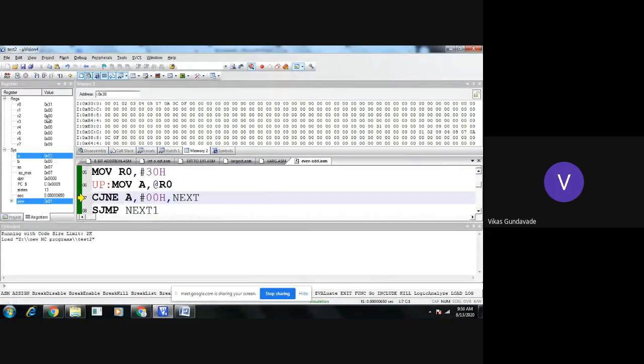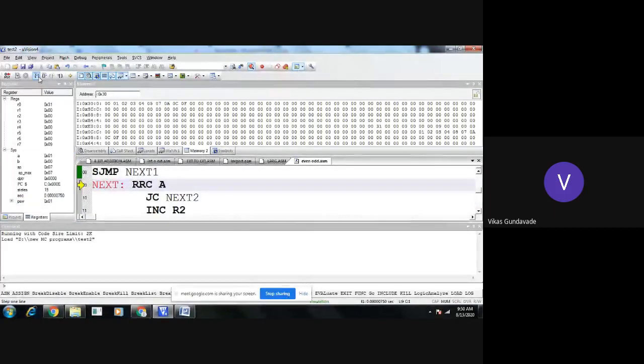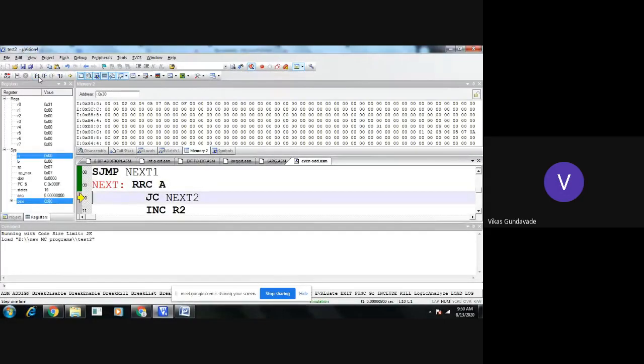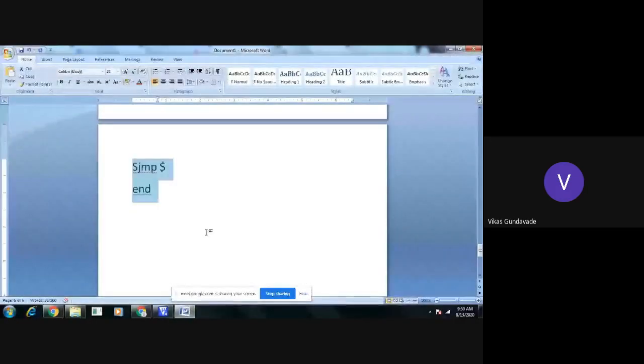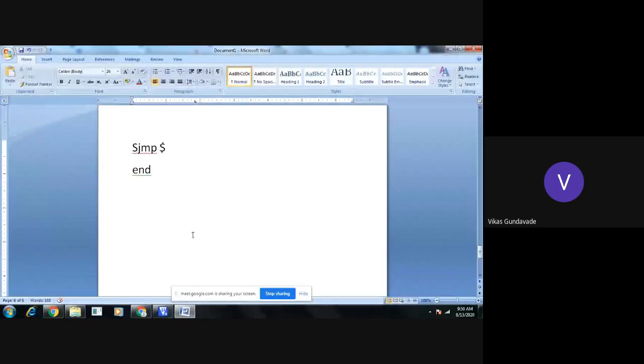Okay. After that, we have checked it. If it is not equal, we have rotated the contents. Now see here, after rotating the contents towards the right by one position, the accumulator contents are 00. Why does this happen? Because if the accumulator contents are 01, that means the bits will be 00000001.